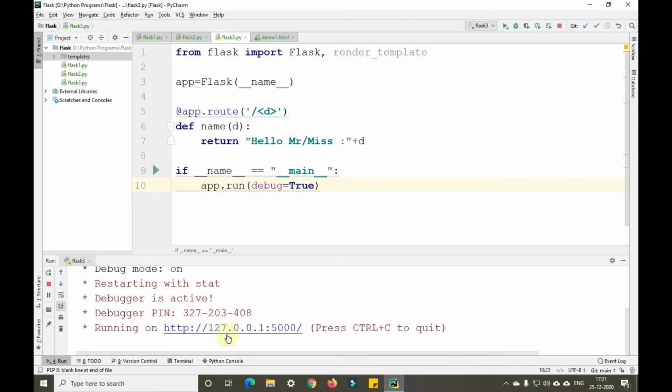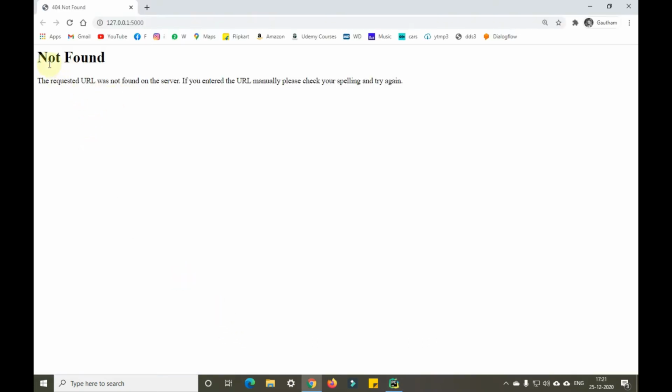You can see it is automatically debugging here. I'll open this. You can see it was showing an error for not found: the requested URL was not found on the server. If you entered the URL manually, please check your spelling and try again.